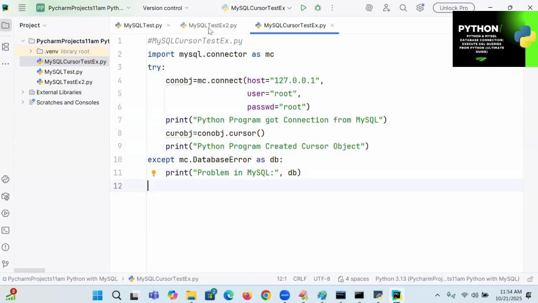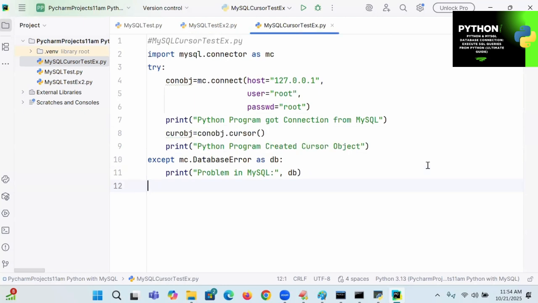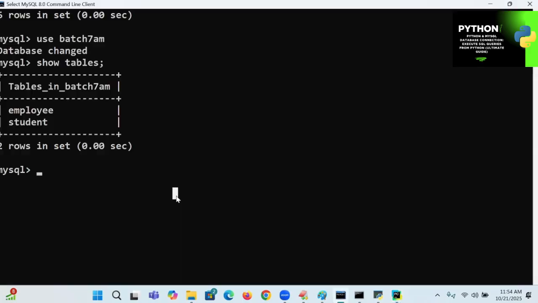So we understood how to get the connection. Coming to the next, connection example 2, connection and cursor object also. Now I need to go further. For the next example, this is my MySQL environment. I want to create the database. Write a Python program which will create